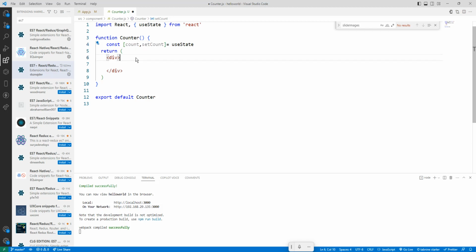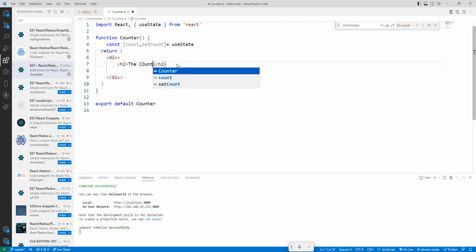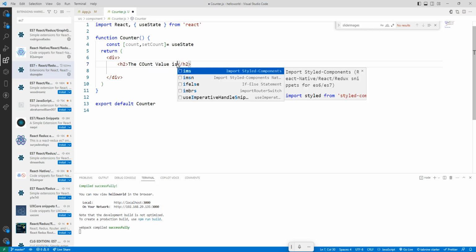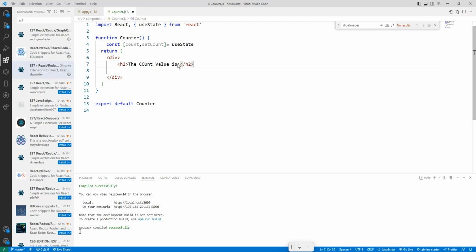Okay, so now here what happens, h2. So here I will take an h2, the count value is, and colon bracket. So this is the count variable. So how to define a useState? I will explain the first example and we'll go into it later. So initial value is count,